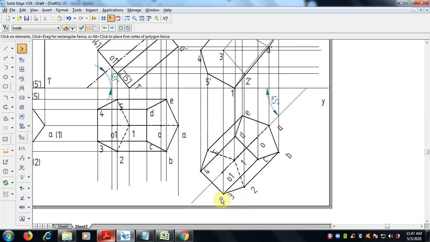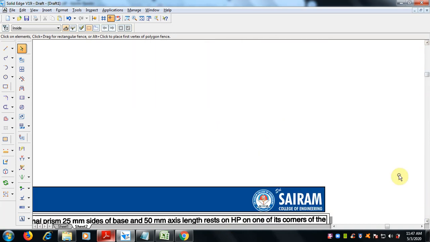The bottom base can be viewed by the observer, so we have to take it as visible. And this base which is near to the reference line will not be visible.